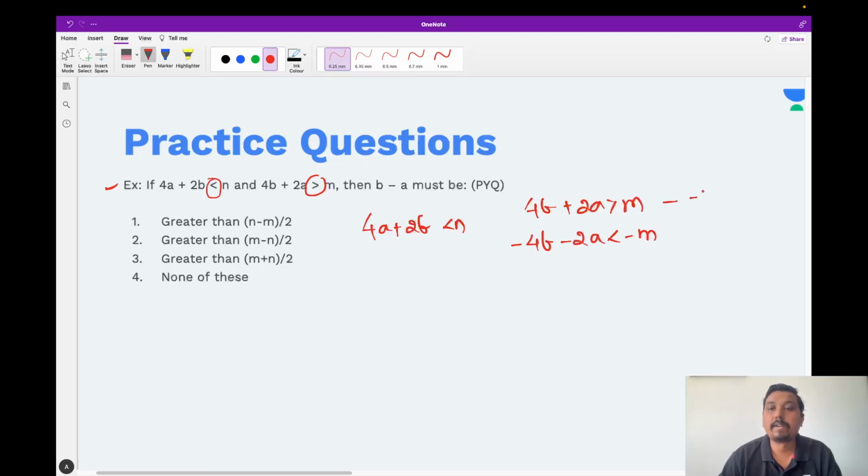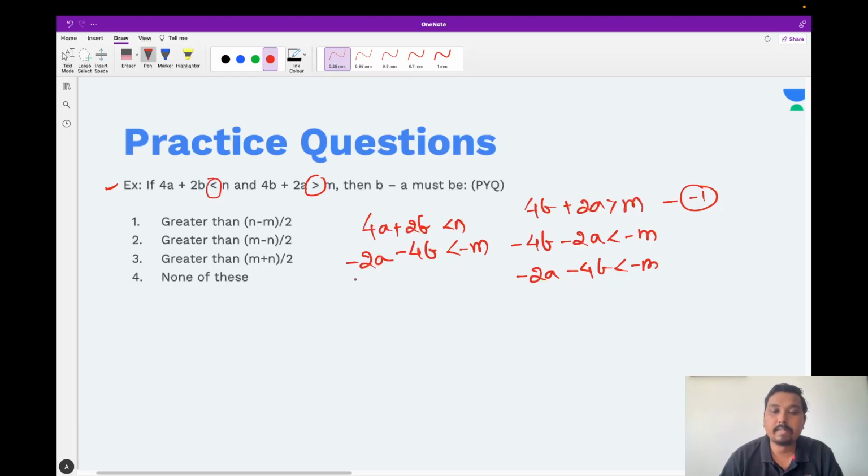We know that if I multiply minus on the whole equation, the symbol is going to change. So here it will be minus 4b. Let me write minus in front of minus. I can write this equation as minus 2a minus 4b less than minus m. Simple thing, I have to just rearrange it, nothing more than that. So now